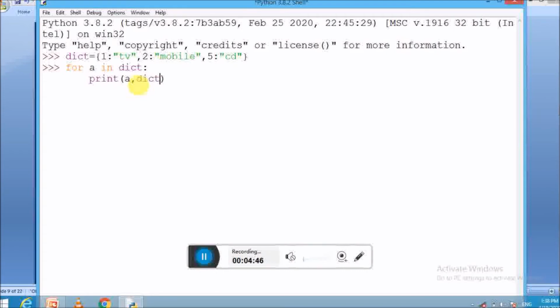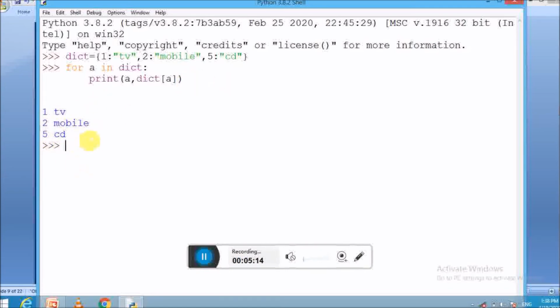So for this purpose, we just type the variable dictionary and two square brackets are used for this purpose, and between them pass the variable which contains the key value, which is A. Now press enter and see the result here. Our keys and values are printed here.